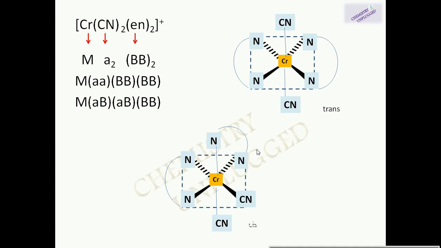So there are two possible combinations for this type, and for this we have CN opposite to each other and NN are opposite to each other. So this type of geometry is trans, and for this type, same type of ligands are adjacent to each other, so it is